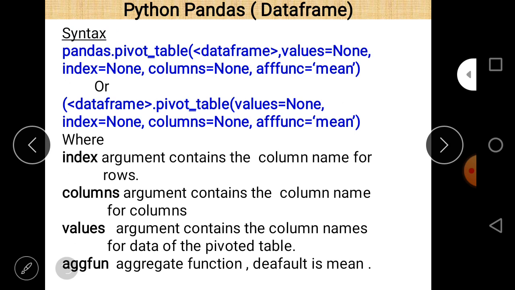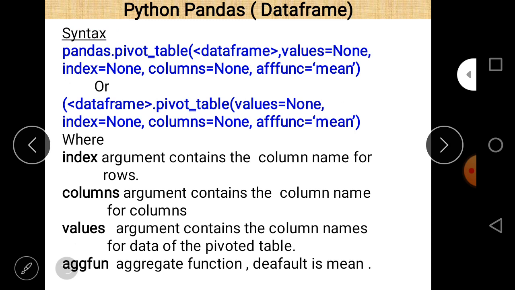Second, its syntax. If you want to use the pivot table function, there are two syntaxes by which we can apply it. First one is pandas. So the name of the library first, then pandas, then the name of function, and before this put a dot sign here. So pandas dot pivot table function, and after that the name of data frame here.